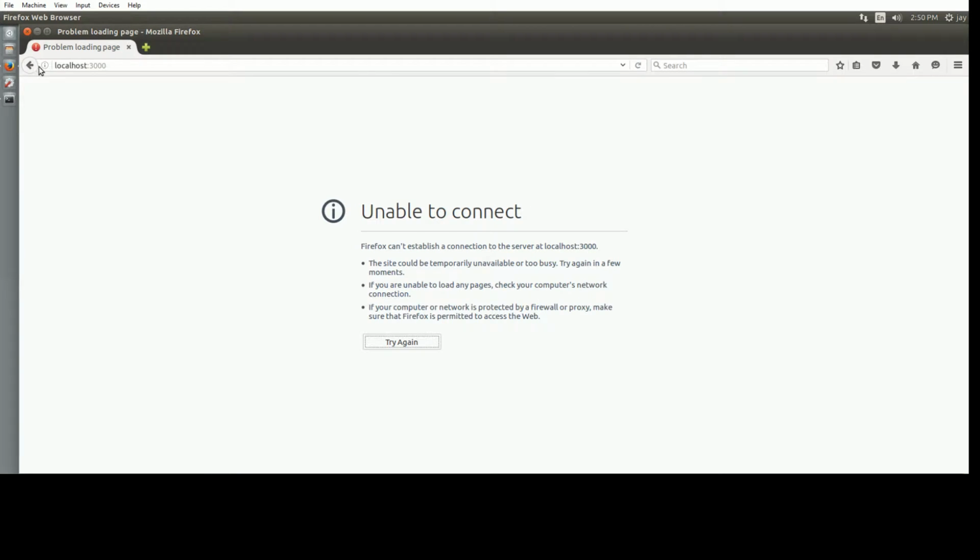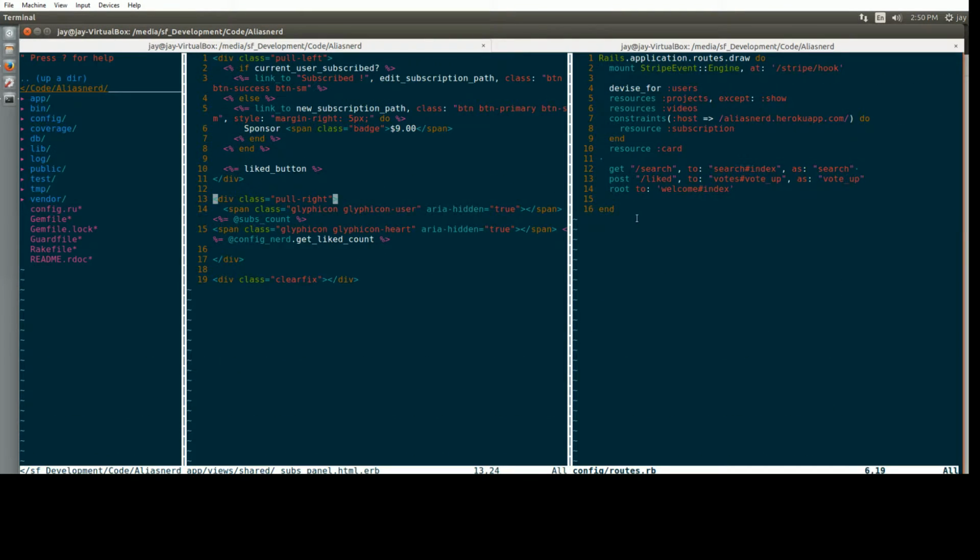Perfect. Now let's refresh this. I'm just thinking, so what's going to happen here is it's going to constrain the subscriptions to that, but it won't redirect. So we're going to need to probably do one up here where it says redirect to this, and then this resource will work. I'm guessing, but